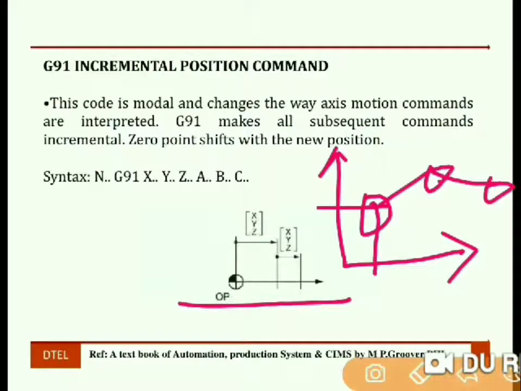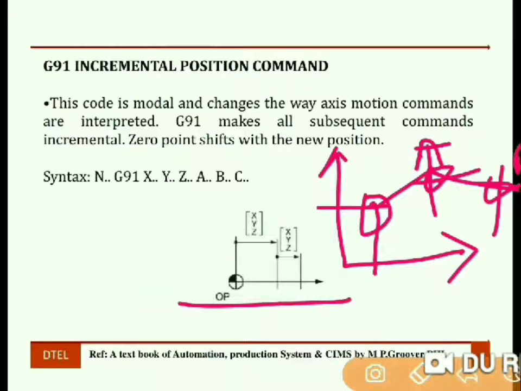So if we are considering this is point A and this is point B, then if the tool is moving towards point B, we can measure the coordinates with respect to the previous current position.